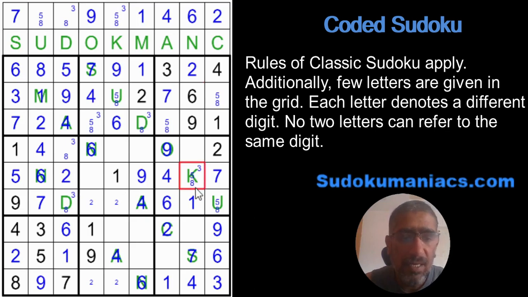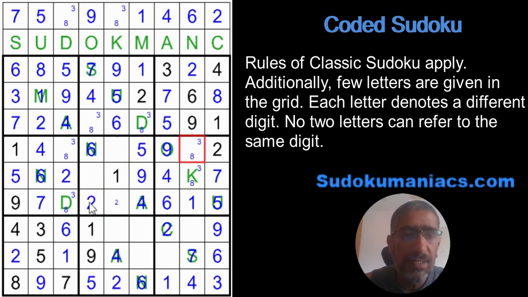6. Okay, K cannot be a 5 again because we already got this. So K is a 3-8, sorry, D is a 3-8, which forms a pair in that extra region of the letters, right? So for sure, U has to be a 5. So that is an 8, 5. This is a 3-8, 5. This is a 5, which makes this a 2.